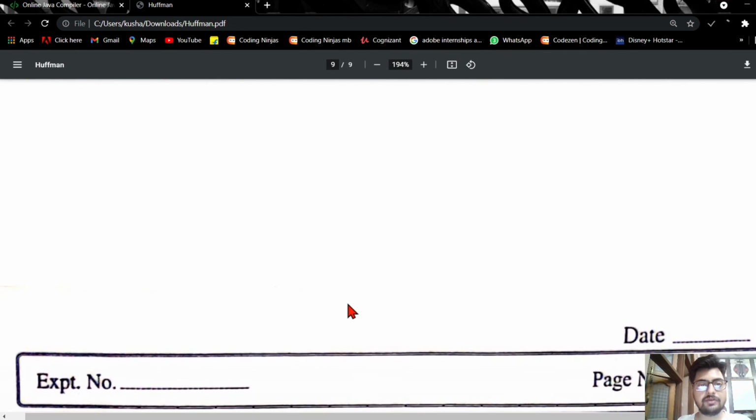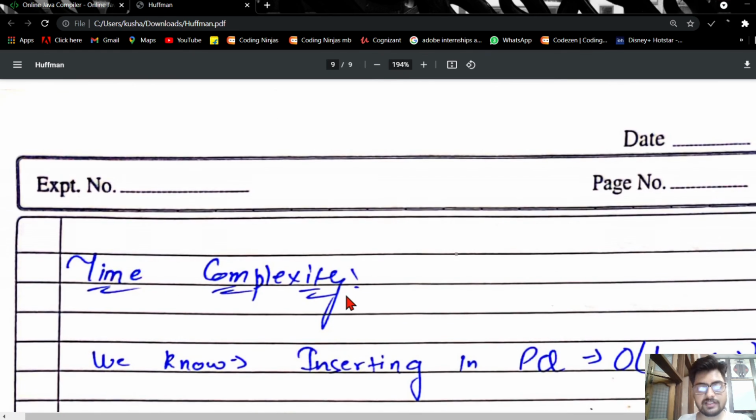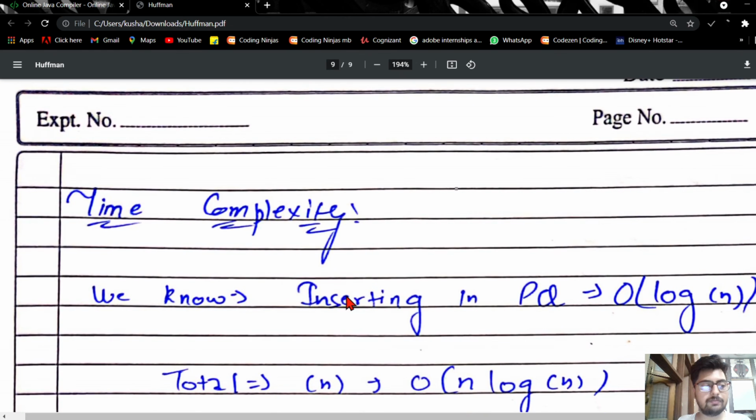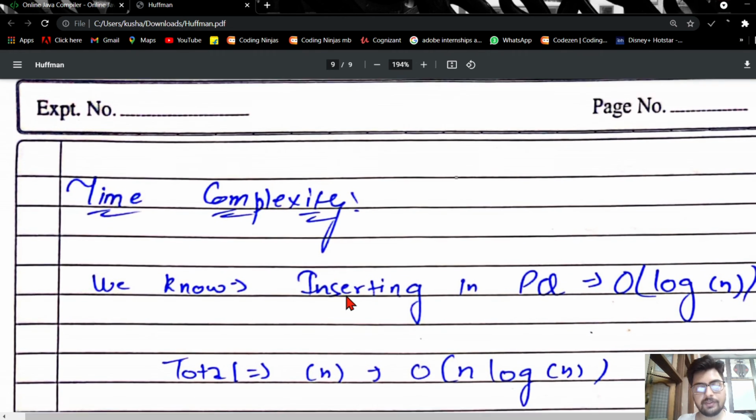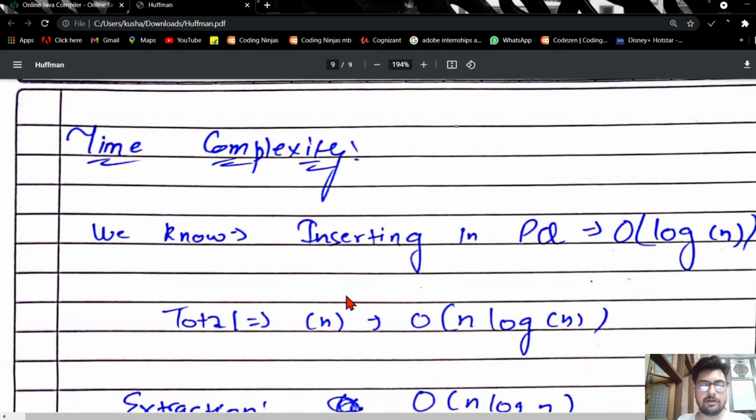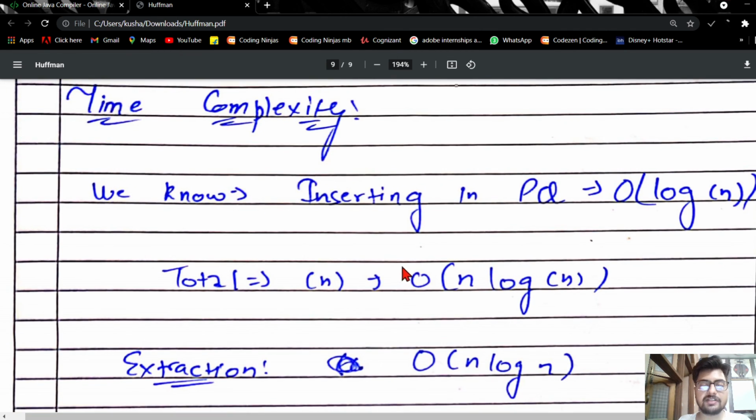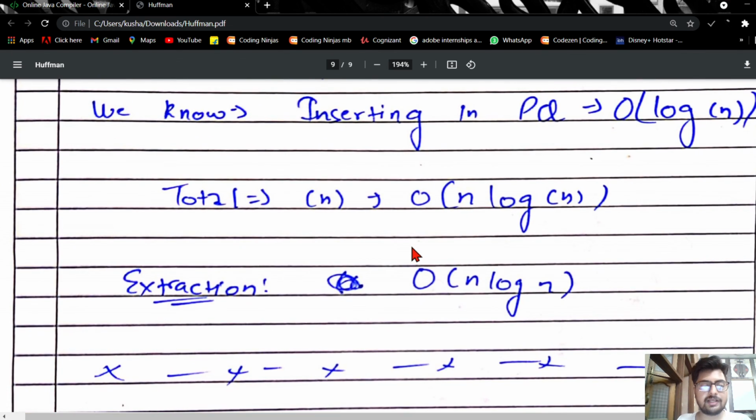So now I will get to the coding part. I will write the code here. But before the coding part, just have a look at the time complexity. How will be the time complexity for this one? So we have used a priority queue. As we all know, the time complexity for inserting a node in the priority queue is O(log n). We have total n characters, so the time complexity for insertion will result in O(n log n). That's again not a very good but a decent time complexity considering the algorithm. For extraction, again this will be the same O(n log n). Okay, so now simply